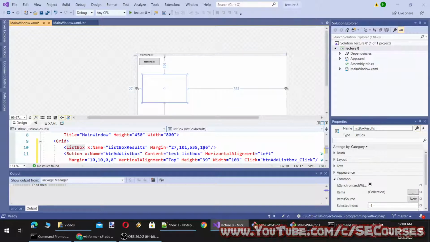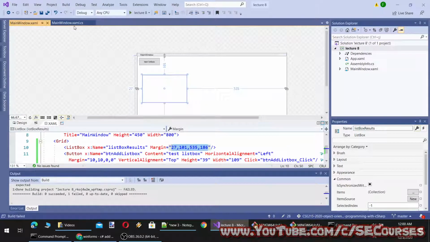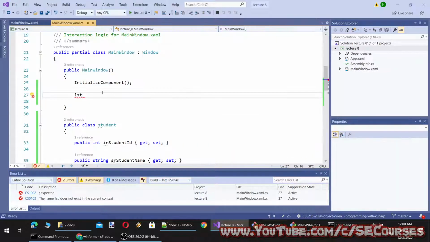It appears that it uses all four margins to determine its relative size, I think. Oh, by the way, it's giving an error right now because we haven't completed our coding.